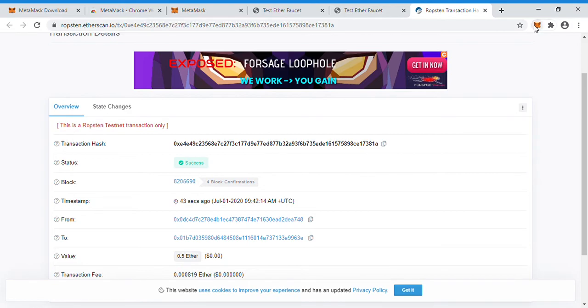Then you go to the MetaMask. Okay, so you can switch to the account Shashi. Yeah, you can see that previously I had 0. Now I have received 0.5 ethers from Rishi's account. Here we can see the details, like transaction details and transaction ID through Etherscan.